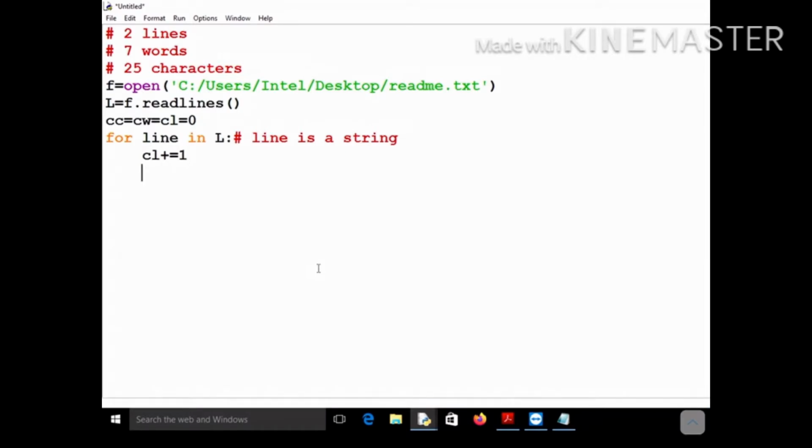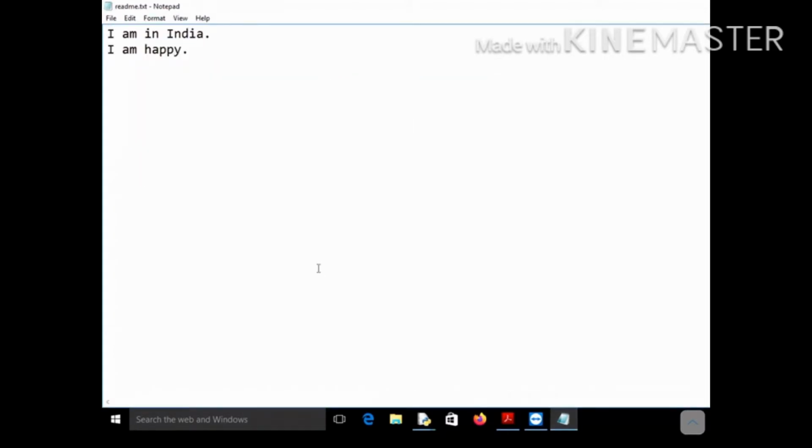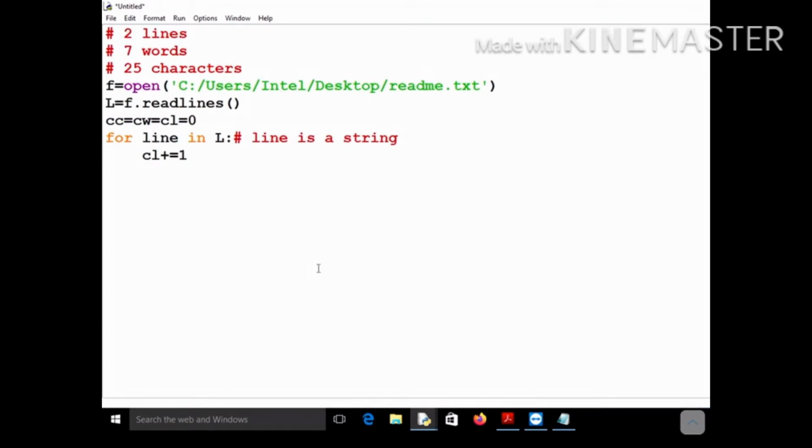Now you can perform the split operation. You have to split this line into words, and since it is a string, you can perform a split operation. How will you write? You will write words equal to, since the list that you will get after splitting will contain words, line dot split, isn't it?